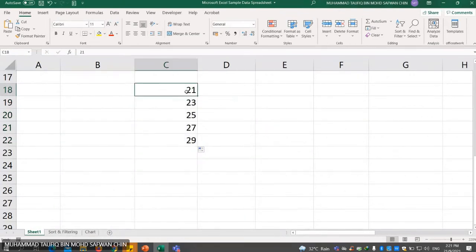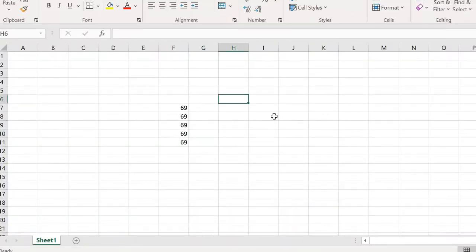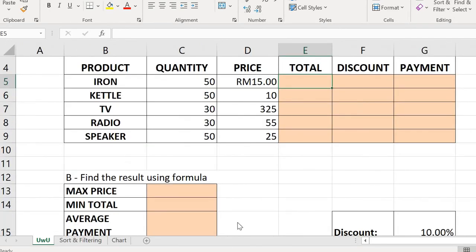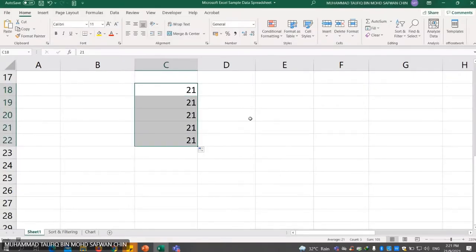Tadi we have two different values, at least 2, maksudnya korang compare value 1 dan value 2, ataupun value 3 pun tak ada masalah. Still plus 2. For example kalau korang drag satu cell saja, you can still drag the autofill for the one cell only, but it will copy the same value for the rest of the cells. It will drag the same value and also the format to the rest of the cells that you drag lah, sebab dia tak ada difference. You just drag one value only. So depend on you how you want to